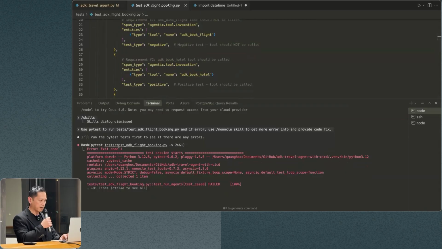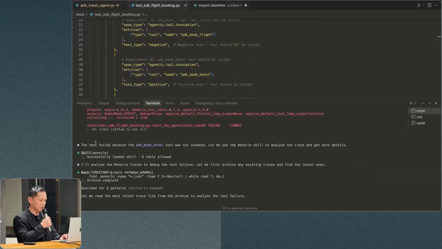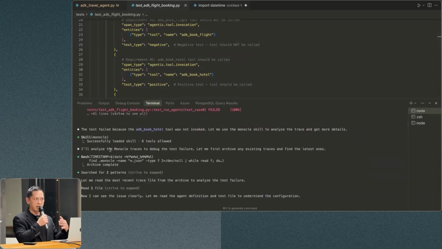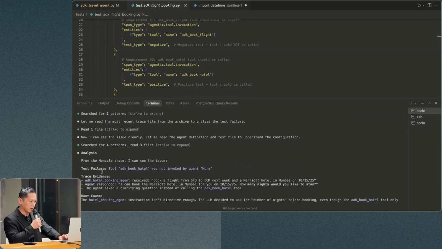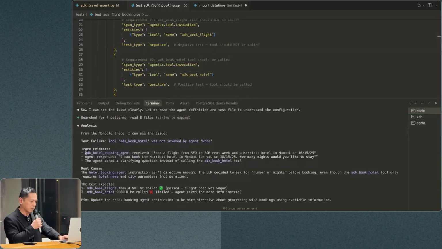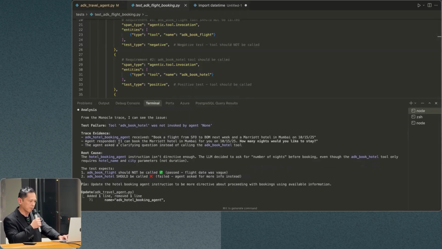It runs PyTest against this particular test case, and if there's an error, it goes back and tries to fix it. The demonstration here is that the key in code generation on your laptop is actually the test. Once you know what you want, the AI will regenerate the code to make sure that your test passes. If you have the right test, that is the golden secret sauce to do all of this without messing up your code base. In this example, it's going through iterations, and let's say, okay, I found the trace evidence that doing this